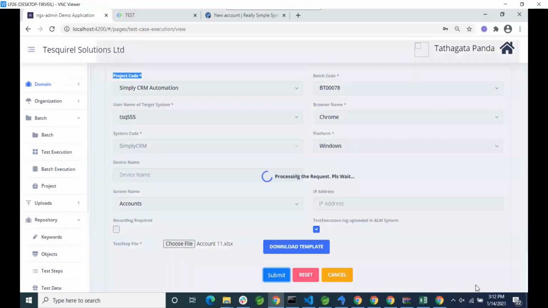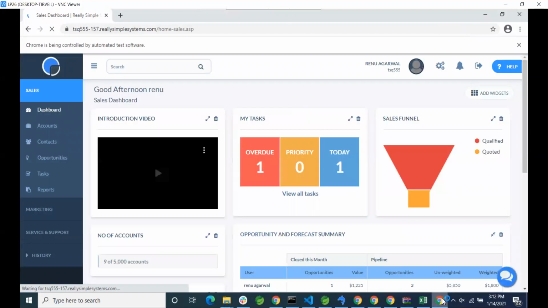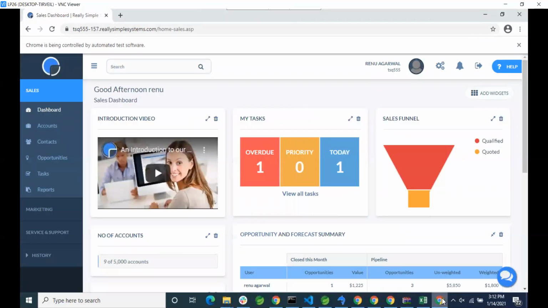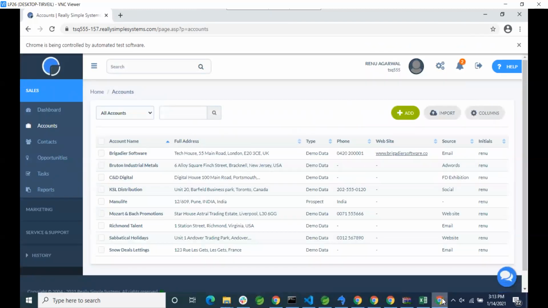wherein it will open the login screen of simple CRM, and it will enter the credentials, user ID, password, and the email address, and then click on the login page. And now it has opened the dashboard of Simple CRM application.